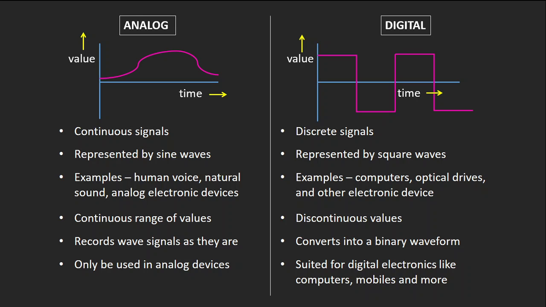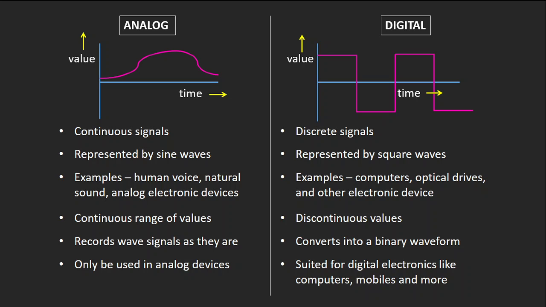Examples are the human voice. Right now, me talking to you is an example of an analog signal, in which while talking I am changing my pitch from high to low, and also in between high and low. Similarly, I am increasing and decreasing the speed also. So the human voice, natural sound coming out of anything around you, or analog electronic devices which we used earlier, like old radios or old TVs in which the CRT tube was present. All those were analog electronic devices.